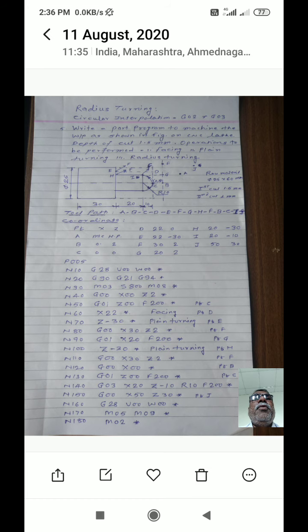Then you have to move the tool from point A to the point B. Okay, that is, you have to mention the coordinates of the point B, X0, Z2. At this point, when you do this command, that is block number N50, it instructs the machine tool to move the tool from point A to point B. Okay, then